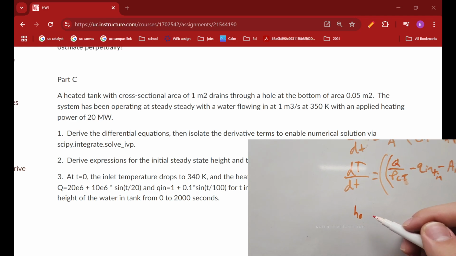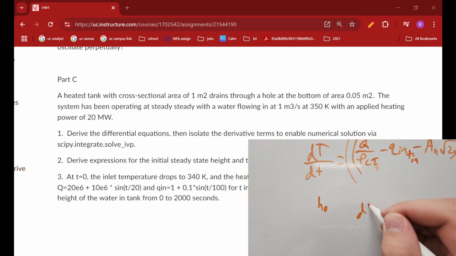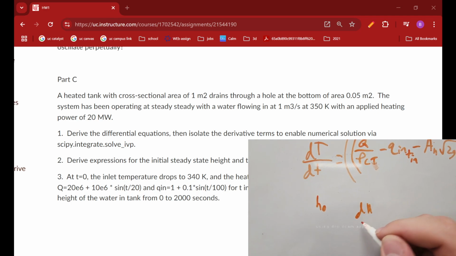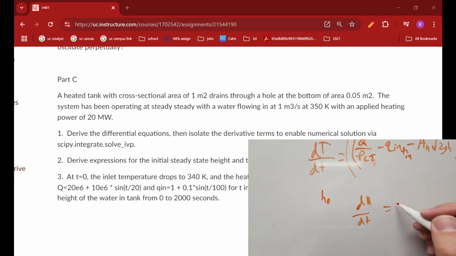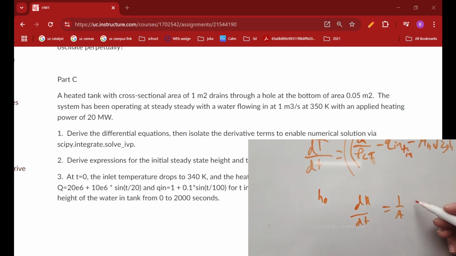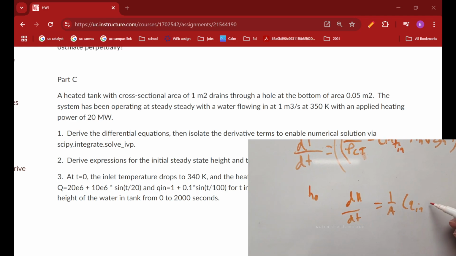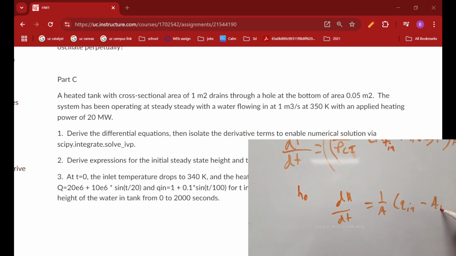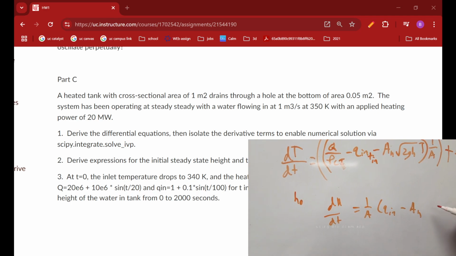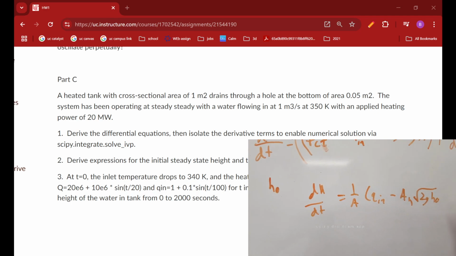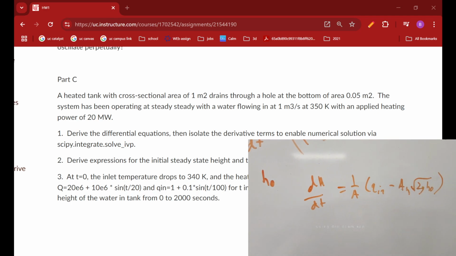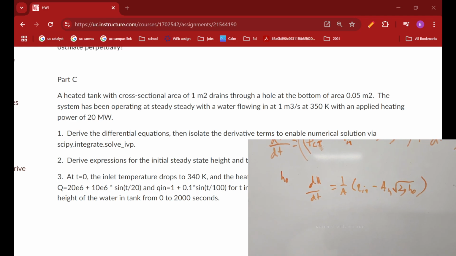Since we're finding this, we can use this equation. And then we would have to solve for our height, which I will do momentarily